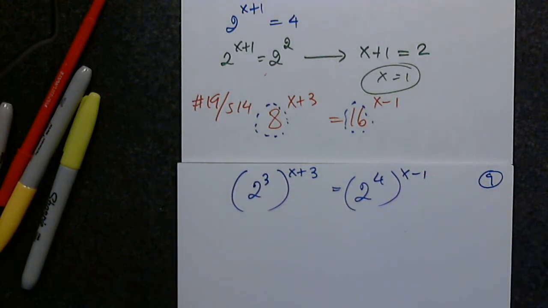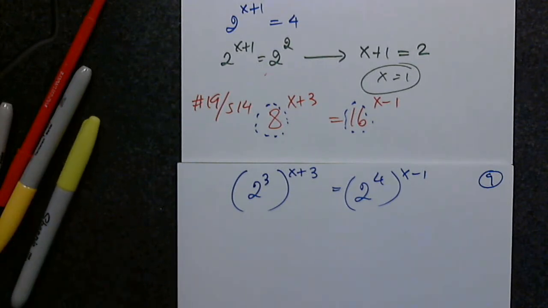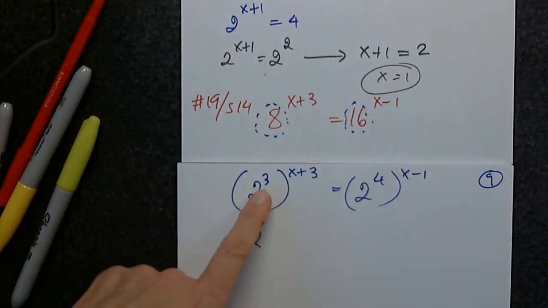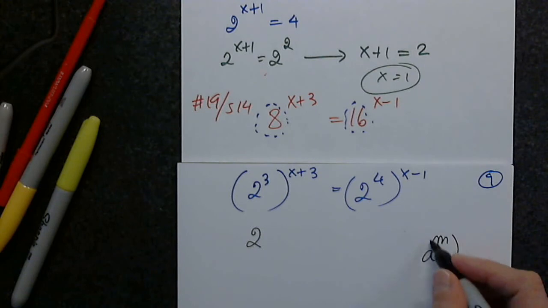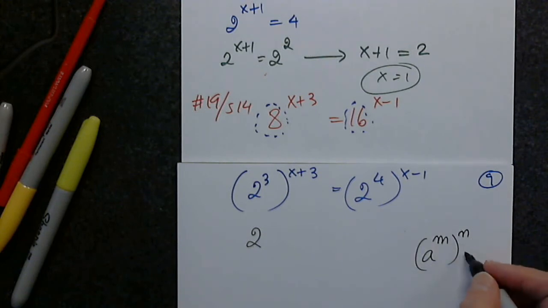Now I go back to the left and ask myself, how can I simplify this? I want to copy the base, but now what happens to the exponents? There is an exponent that is 3 in here and an exponent outside that is x plus 3. This is a power rule, if you remember. A raised to the mth power, everything to the nth power. I copy the base and